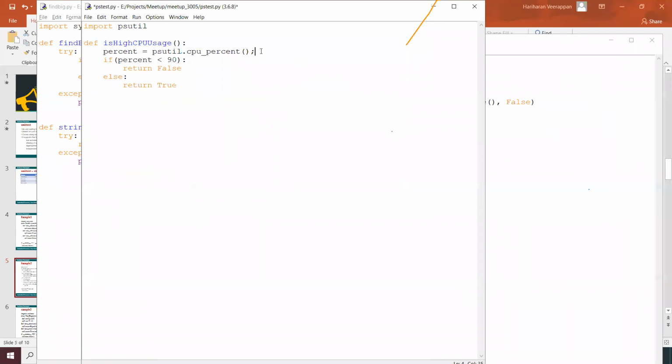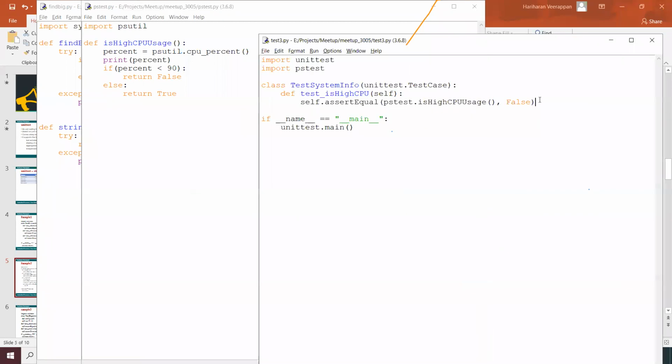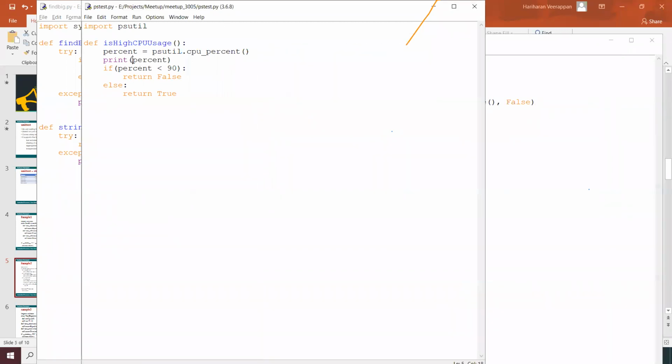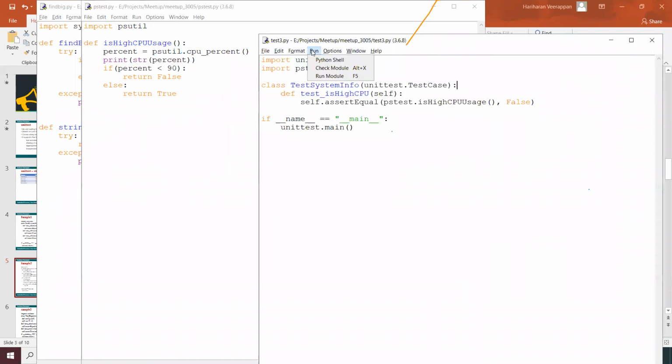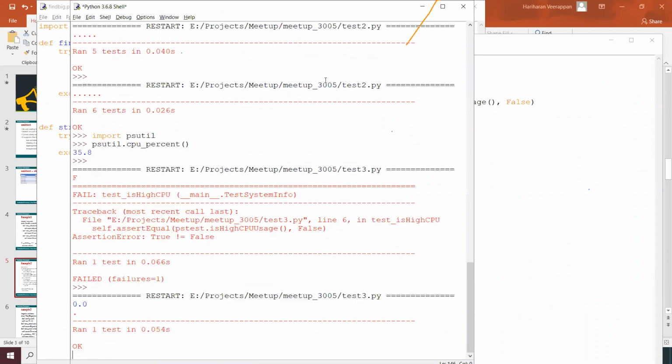Sorry. Print the percent, that we will check, string of percent, and whenever we run this, yeah, we ran that test case and we got the output as 0.00.